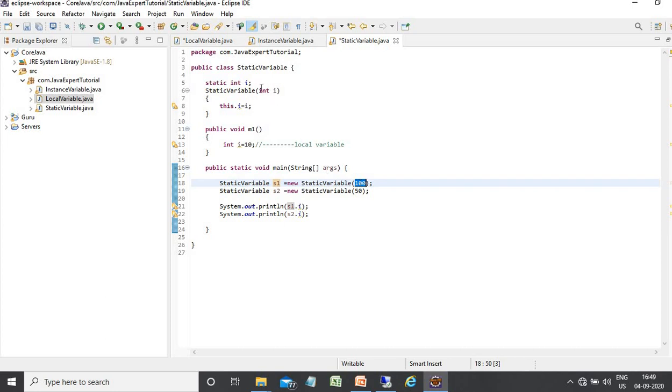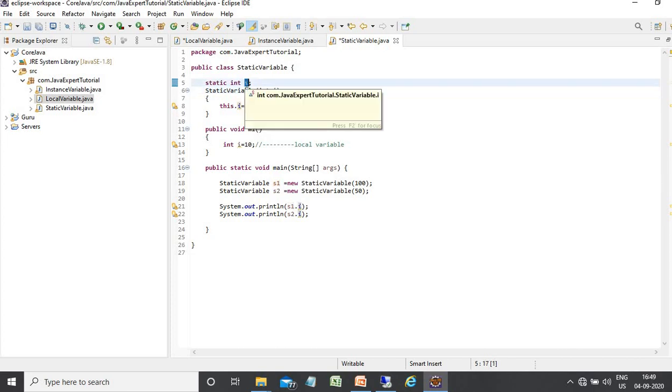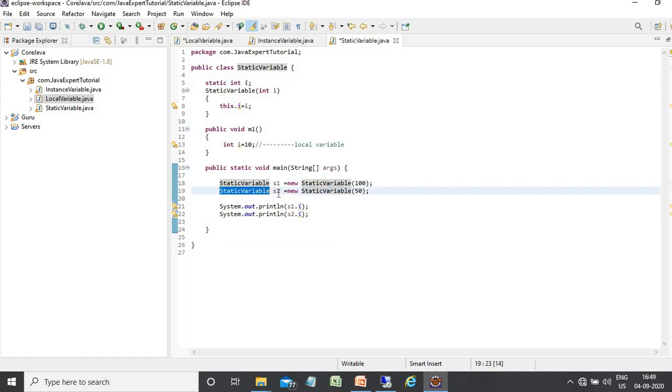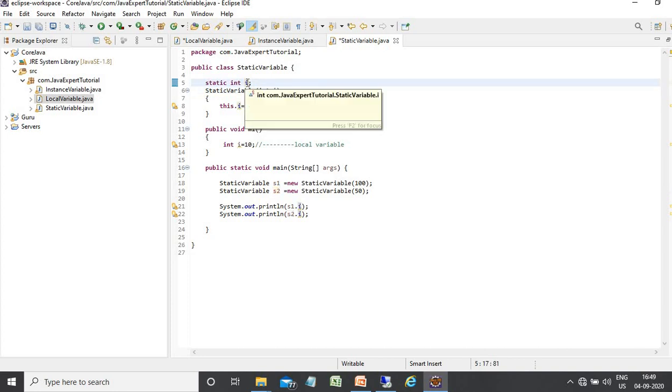Okay, so the constructor will initialize the i variable with value 100. Second time I also create one static variable object s2 and passing the value 50. So the second time constructor will initialize the value i with 50.